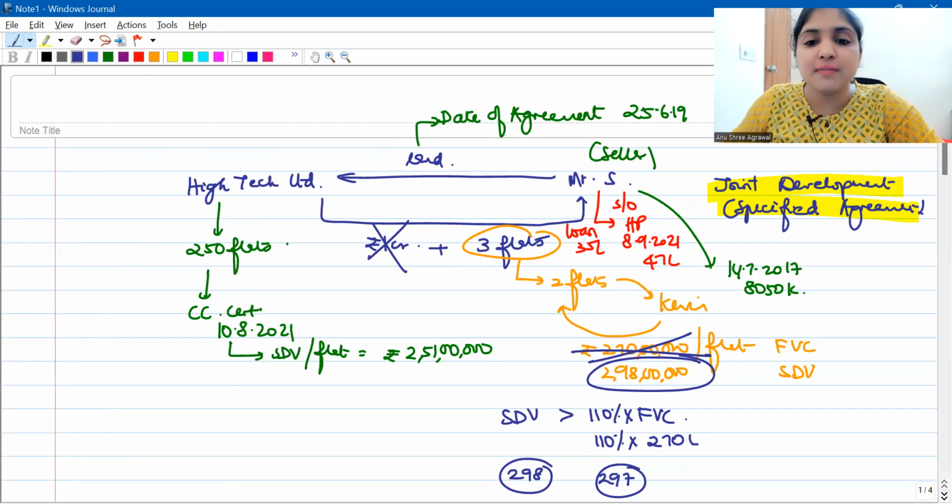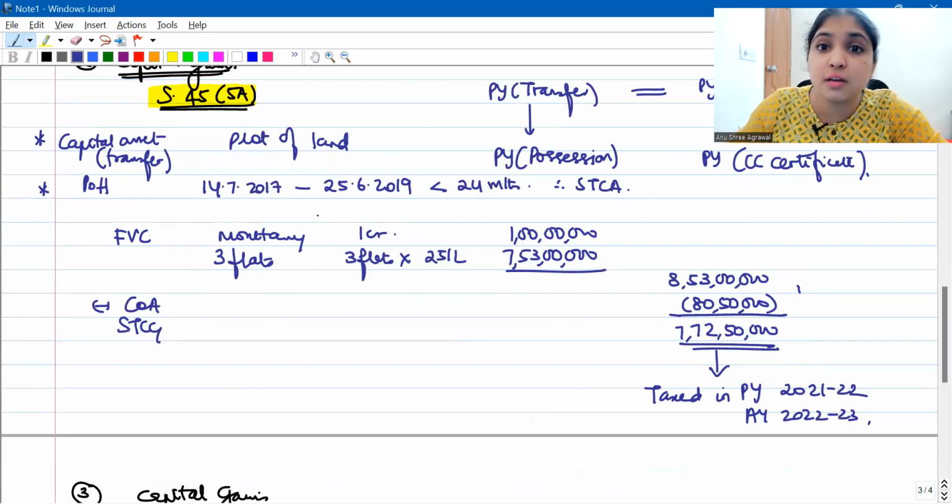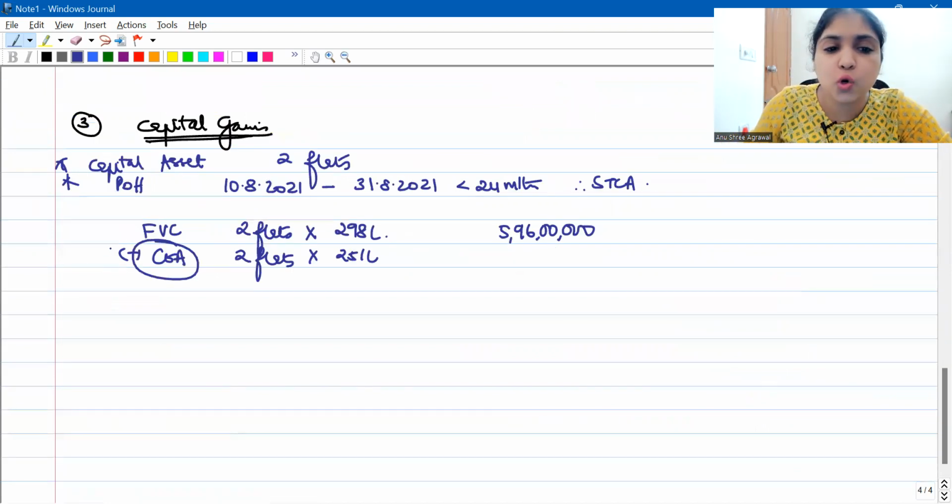So under the specified agreement, we had received 3 flats. Out of those 3 flats, 2 flats we are selling. So when you received something under the specified agreement, some share in the new property, and you are transferring that later, you see, long back when you had calculated capital gains in the joint development case, in the specified agreement case, at that time in the full value consideration, what was the component of the 2 flats? Whatever was the part of the 2 flats in the full value consideration earlier, that FVC part will now become your cost of acquisition.